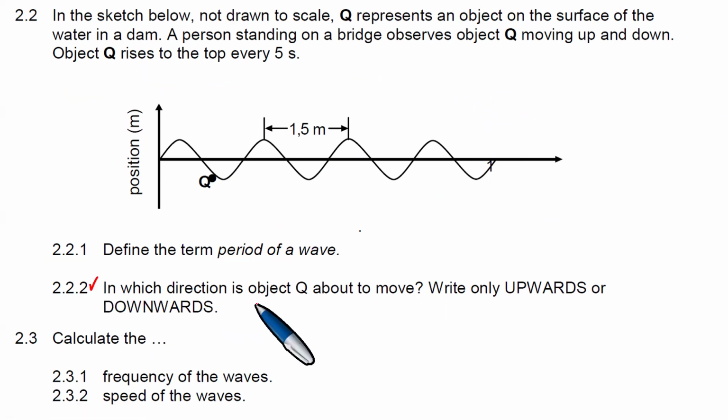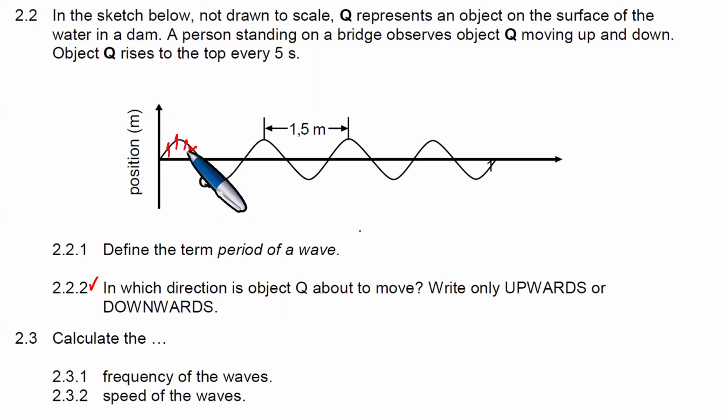2.2. In which direction is object Q about to move? Right only, upwards, or downwards? Upward. Okay. So because it's moving like this,